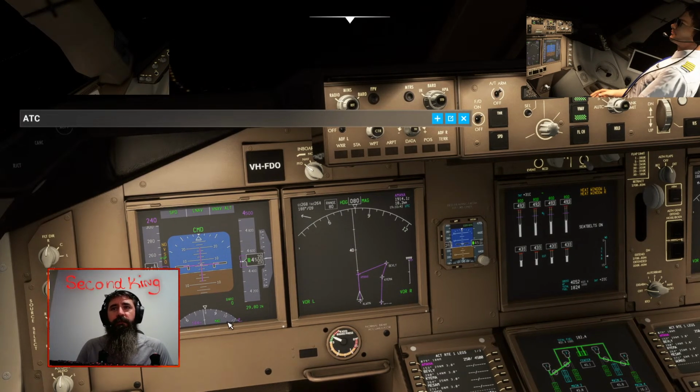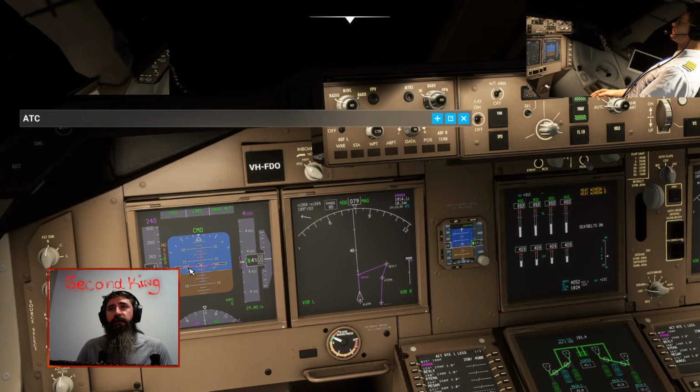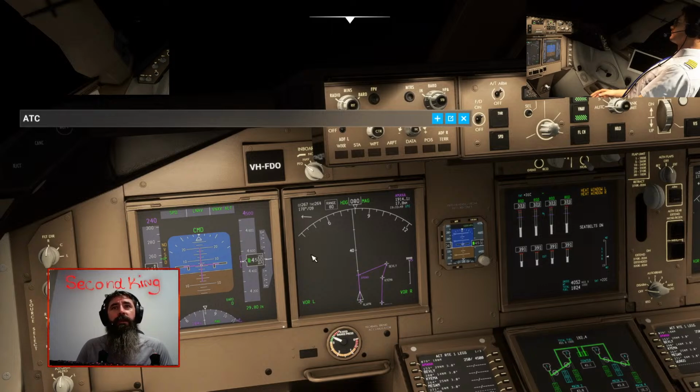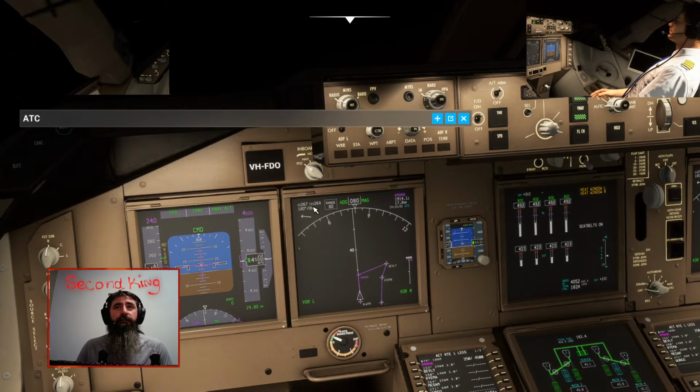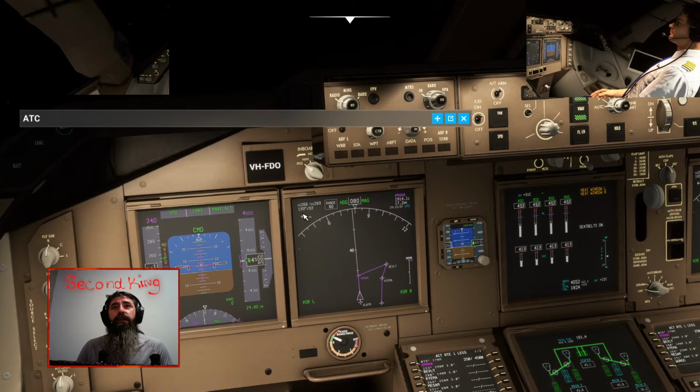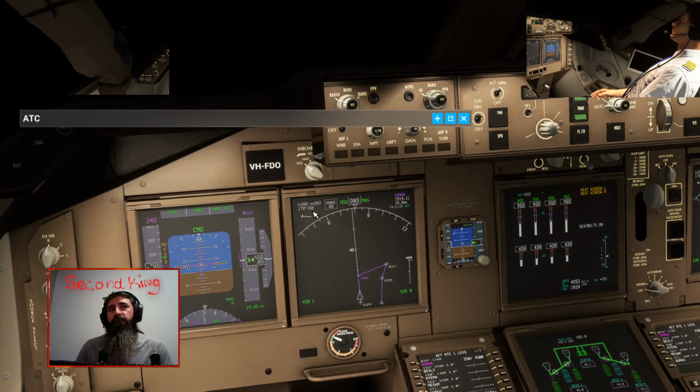This is our compass. This is our horizontal situation and vertical. Here we have the map, our ground speed 267, our true airspeed of 260 something, the wind 180 at 0.6